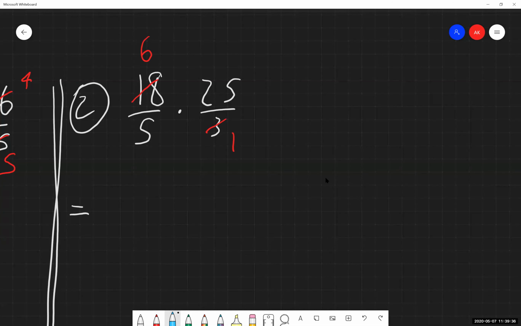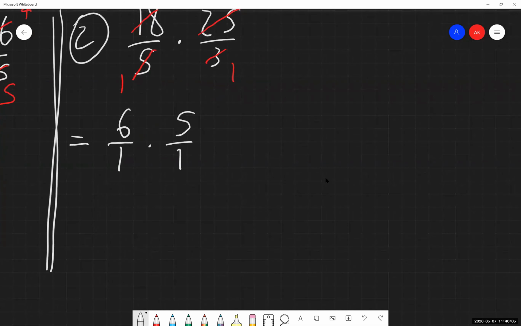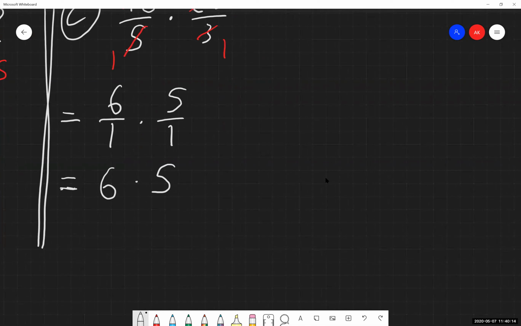And now I'm looking at 5 and 25. This is where it gets its name of the cross cancellation. Greatest common factor between 5 and 25 is also going to be 5. So 5 goes into 5 once. 5 goes into 25 5 times. So I've now canceled some things. Let's rewrite this all as some new fractions. So I have 6 over 1 times 5 over 1. And I could rewrite that one step further if we want to. Remember, anything that's over 1 is just going to be that numerator value. So 6 times 5 is going to give me 30, which is our final answer that we got with our other methods.